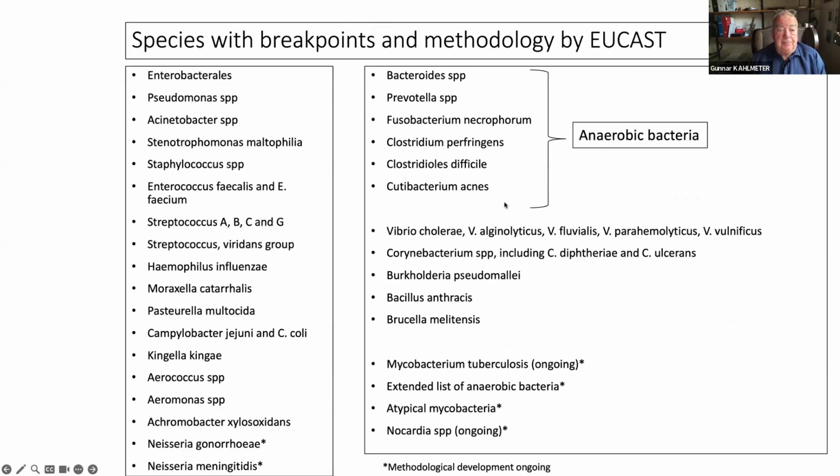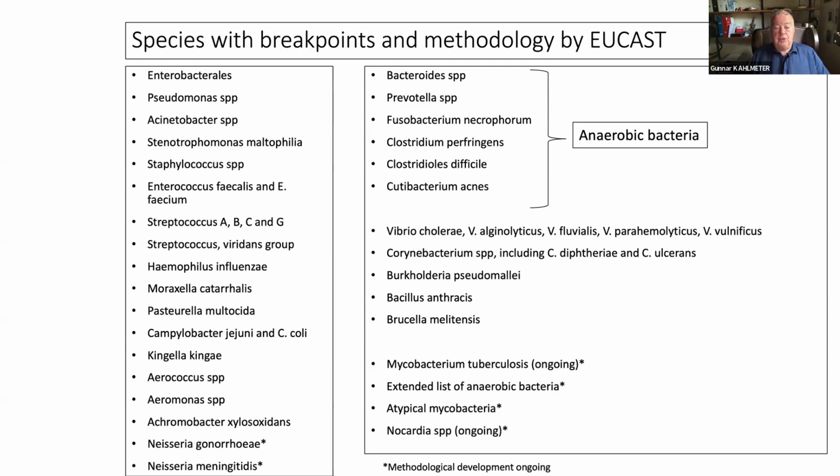These are the species: all the Enterobacteriales, the Pseudomonas species, including other Pseudomonas than Pseudomonas aeruginosa. And we have looked at 6-7 other species to make sure that breakpoints work also for these. Acinetobacter baumannii, Stenotrophomonas, etc., down to Campylobacter and Kingella and Aerococcus and Aeromonas, Neisseria gonorrhoeae and meningitidis, and we're now dealing with all the anaerobes.